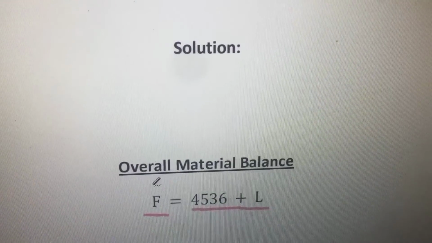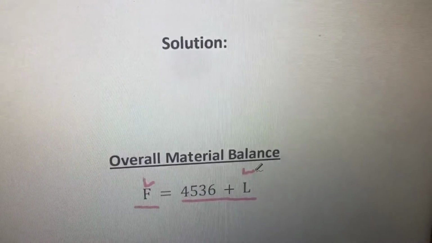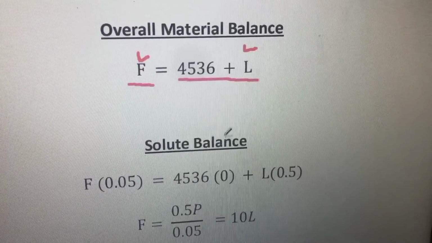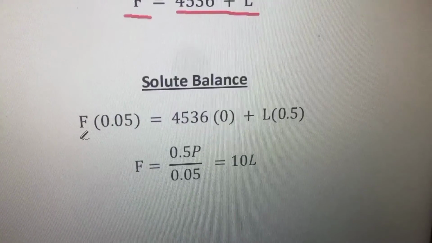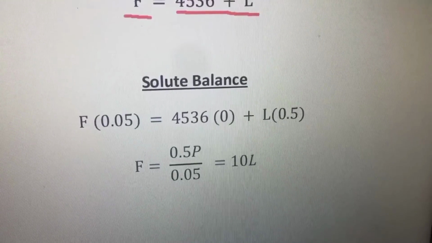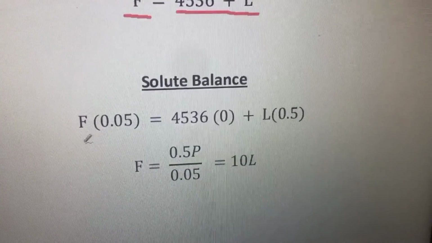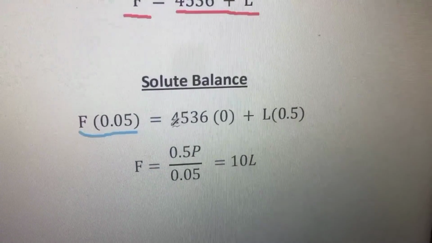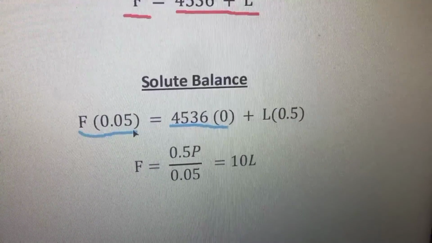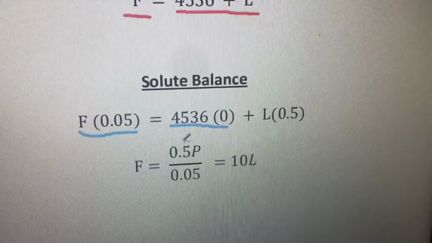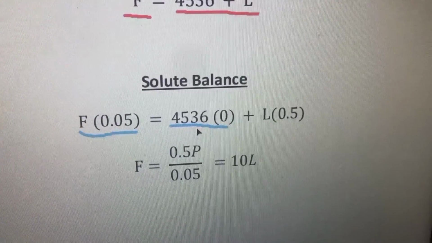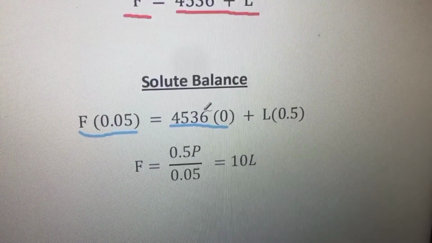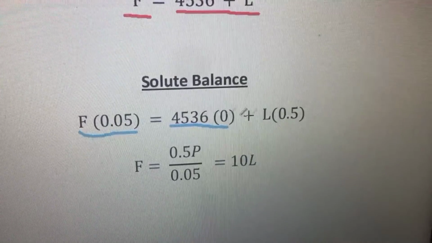So since we have two unknowns, the feed and the L, we're going to proceed to solute balance, to enable us to find the unknowns in our first equation. We're going to multiply the feed by 0.05 since there is 5% solute present in the feed, and 4,536 times 0 because there is no solute together with the evaporated water, as we can see in the FBD. Then after that, we're going to add L times 0.5